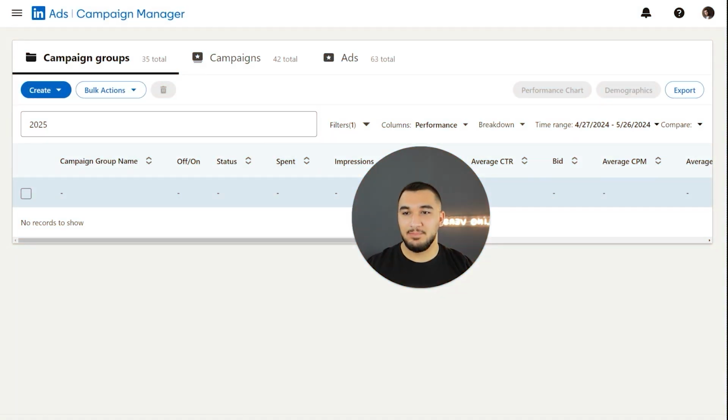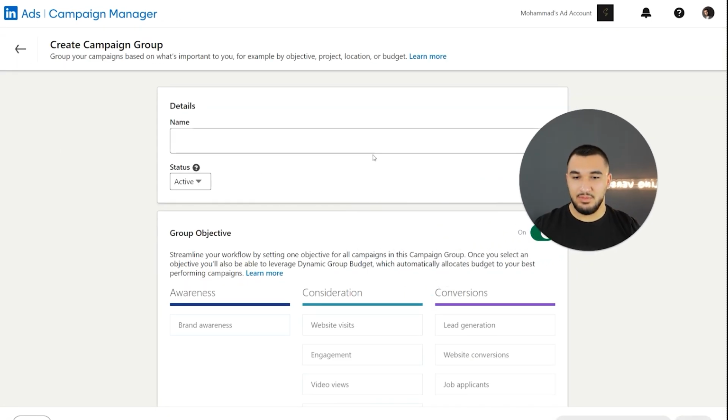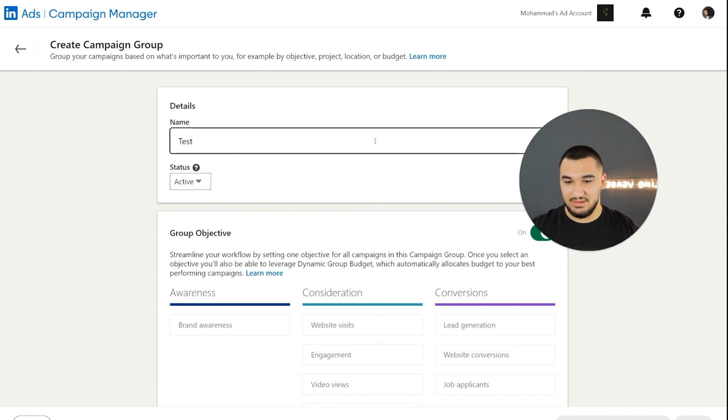So you will land on the campaign manager, which is basically the ads manager for LinkedIn. As you can see, it's broken down into campaign groups, campaigns, and ads. Now to create a new campaign, all you have to do is click on create a new campaign group. After you click on campaign group, here you will need to name your campaign, let's say test,